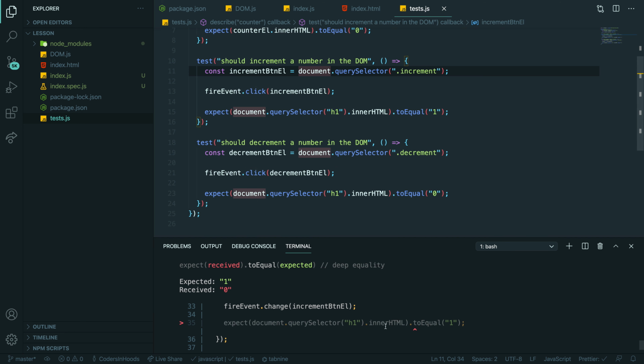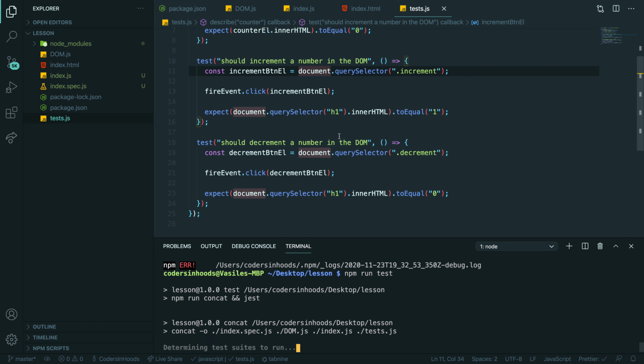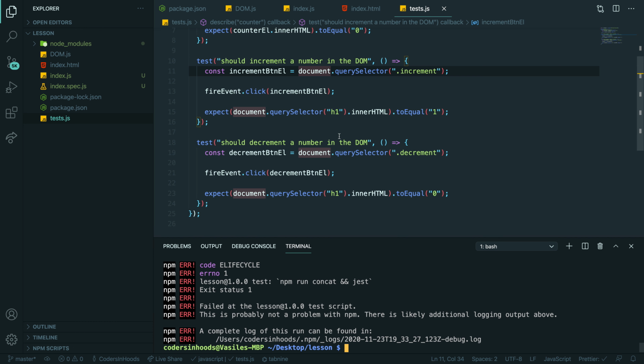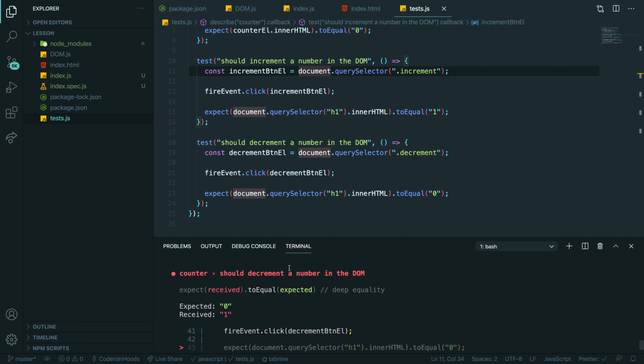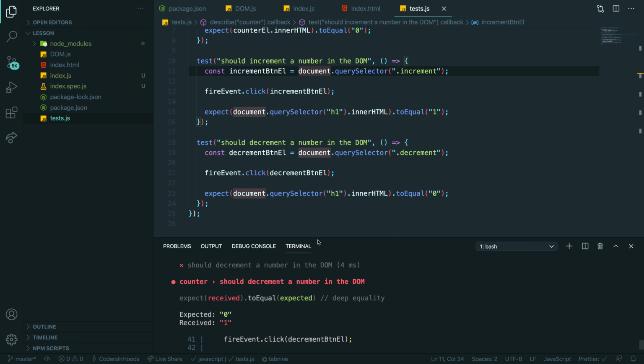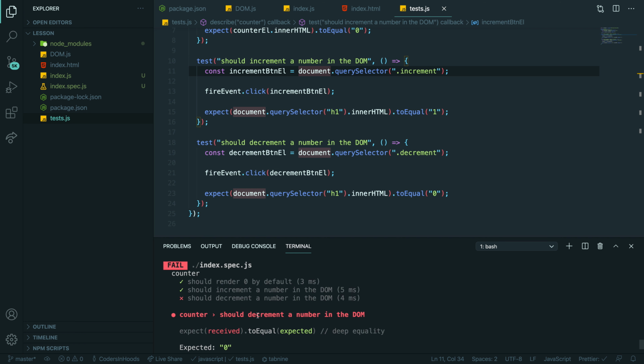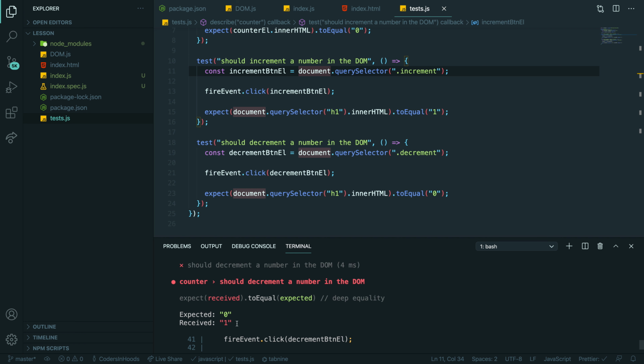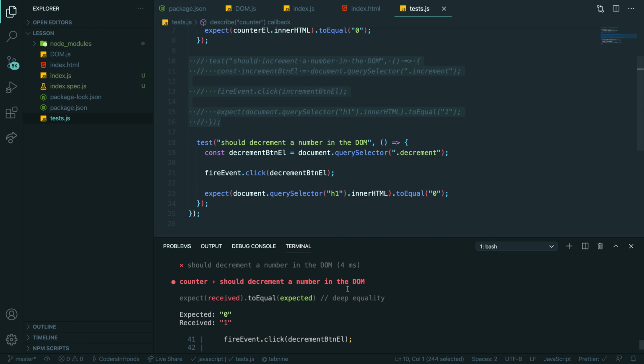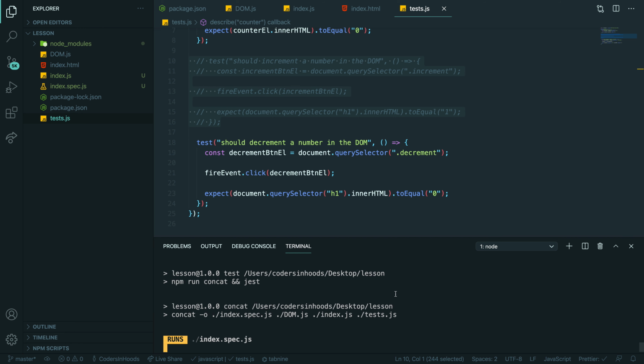Click. I accidentally changed the name. You should spot such things. Still no. Received 1. Decrement button. Expected 0, received 1. So why, when we clicked on decrement, did it actually increment? Any ideas? Okay, if I comment out this one, will that change?